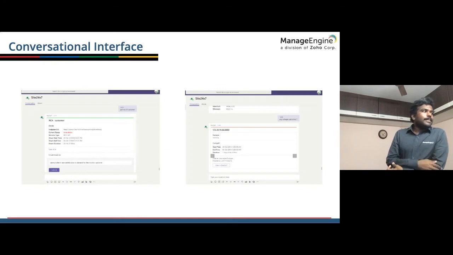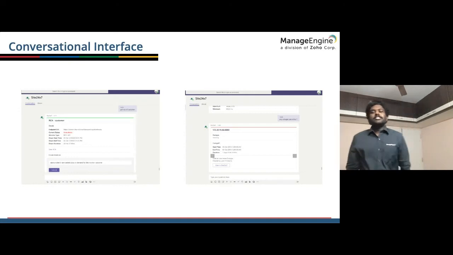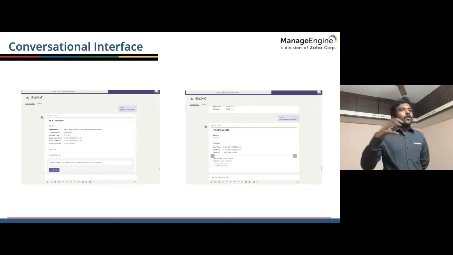So generally, we also create an interpretation of how the conversational AI has understood what the user has asked. And there is also a corresponding future action as well. For example, if you look at the get RCA of customer screenshot, you will see that the system tells you that the next good thing would be to raise a ticket in Service Desk Plus, because the root cause analysis says the system is unavailable. So it also recommends the next best course of action so that you can hold your IT process in a good pipeline.